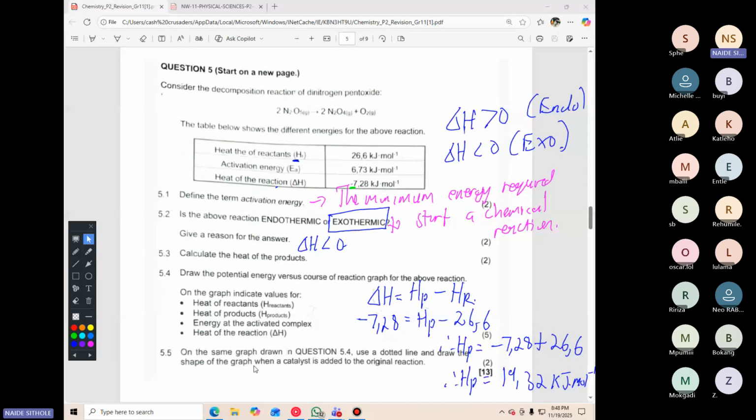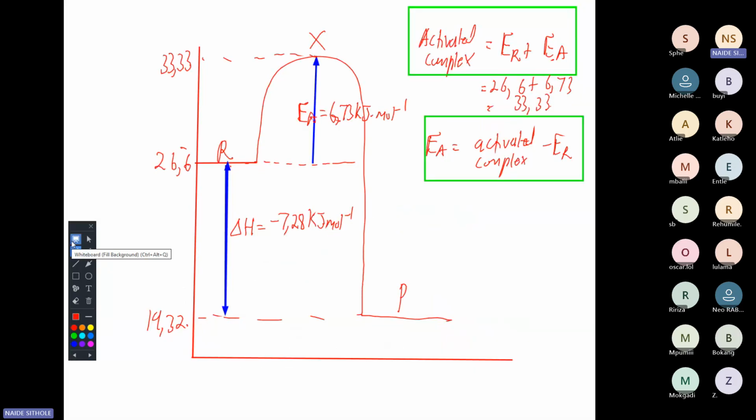Then on the same graph drawn in question 5.4, use a dotted line and draw the shape of the graph when a catalyst is added to the original reaction. Yes, guys, in the book, add the catalyst. Understand this. When you add a catalyst, the ΔH of the reactants will not change, and the ΔH of the products will not change. All you do is this. Make sure it starts at the reactants and ends at the products like this. You don't draw it below or above your product line or your reactant line, because